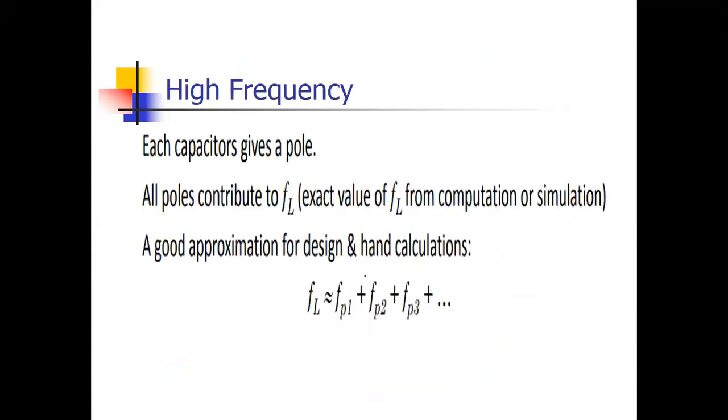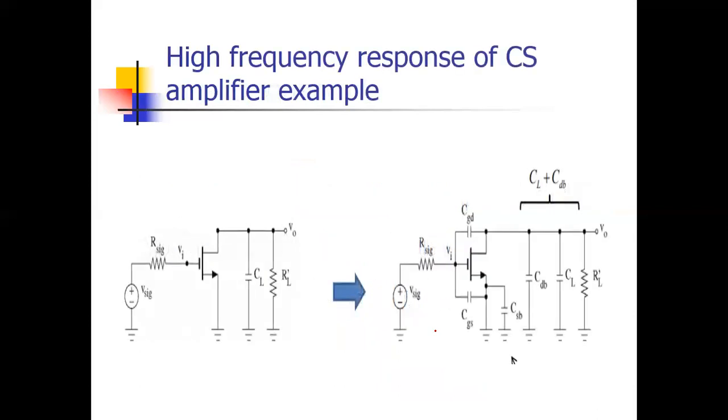Now at high frequency, each internal capacitance gives a contribution to each pole, and the overall frequency is the combination of the individual frequencies due to the transistor internal capacitors. Now this is the diagram for the common source. If you remember the terminals, there is the drain, the gate, and the source, and another one that is not shown here, the substrate, or we can say B, the body. So basically in a MOSFET there are four terminals: drain, gate, source, and body.